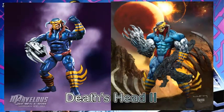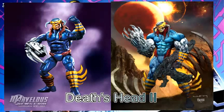Next is the other one that was revealed last year that we got another look at, and that is Deathhead number 2. Now, as for the background, this character was created because there was some legal limbo between Marvel and Hasbro at the time, because the first Deathhead was written for the Transformers comic, which was done by Marvel. So there was kind of a legal limbo there where